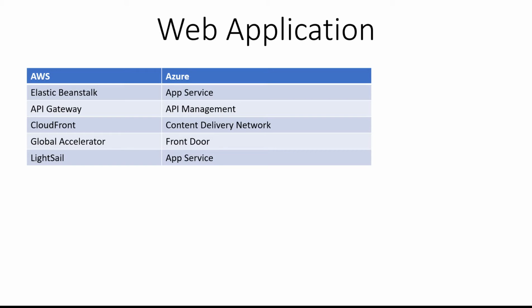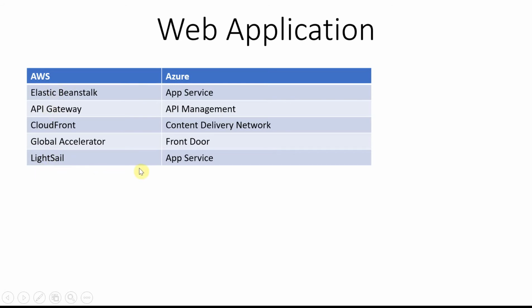So if you're looking for such a simple solution, primarily for a developer, who doesn't need to bother about the networking, or the configuration, or the compute, or the database, or doesn't have much knowledge of it, and you just want to deploy his application just like that, then Lightsail is a product in AWS which makes many defaults for you so that you can deploy your application very quickly. So that is very specific, apart from Elastic Beanstalk.